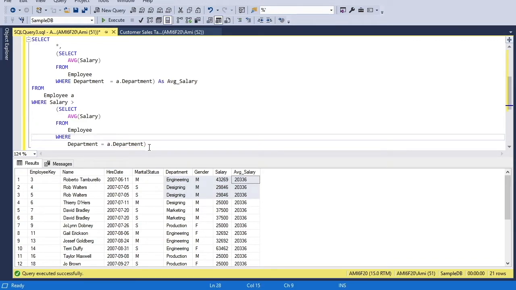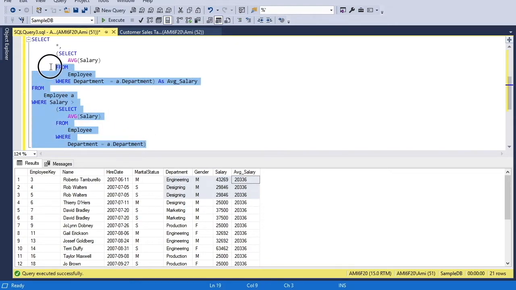Now this query seems a bit complicated, but it is very straightforward. If we take a closer look at this, it is actually very simple. So we are doing nothing but simply using a subquery in the select list and the same subquery in the where clause. In both the subqueries, we are putting a where clause and retrieving the average salary for the certain department where the external query, the outermost query, is running.